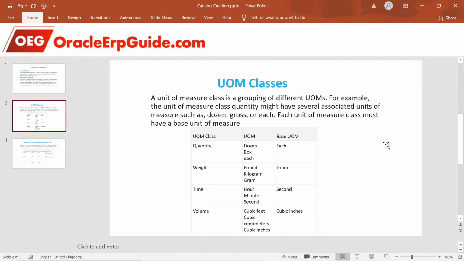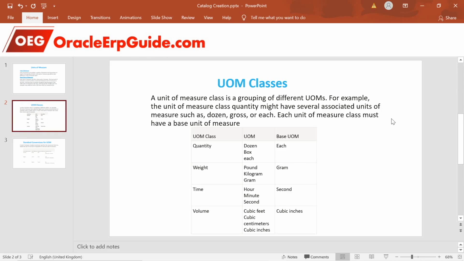What is a UOM class? A unit of measure is just for a single classification, while the class groups all these units of measure. A unit of measure class is a grouping of different UOMs. For example, the unit of measure class quantity might have several associated units of measure such as dozen, gross, or each.